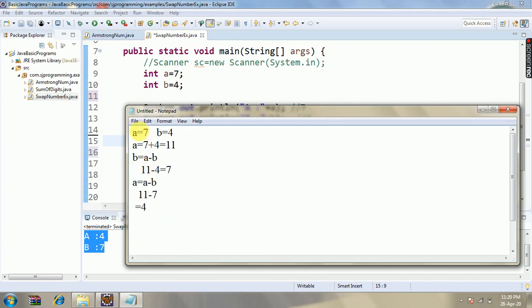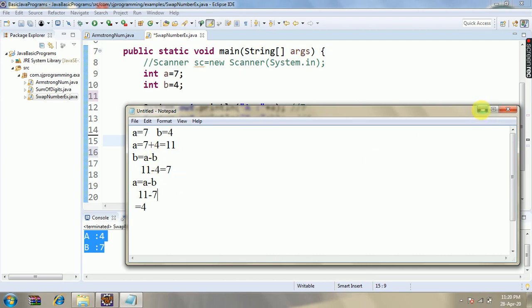See here, initially the value for A is 7 and for B it is 4, but after performing this logic we get the value of B as 7 and A as 4. Here we are not using any third variable. Using these two variables only we are swapping the numbers.